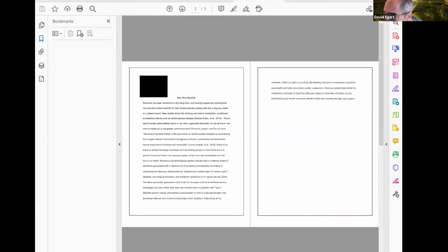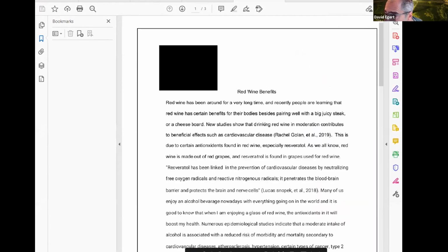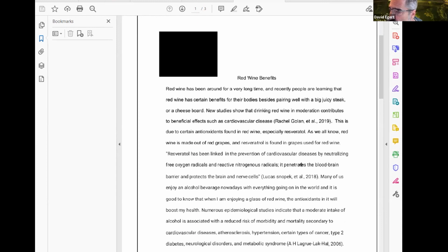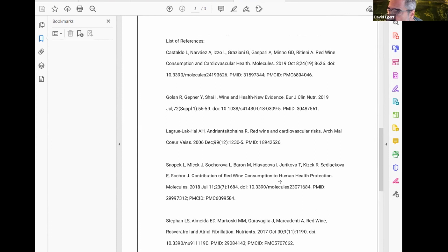Let's see this, let me zoom in. New studies show that drinking red wine in moderation contributes to beneficial effects such as on cardiovascular disease, Rachel Golan et al. 2019. And then we go down to the references, and we find Golan, Gepner, Shai, Wine Health New Evidence is the name of the article, European Journal of Clinical Nutrition 2019. And so basically,